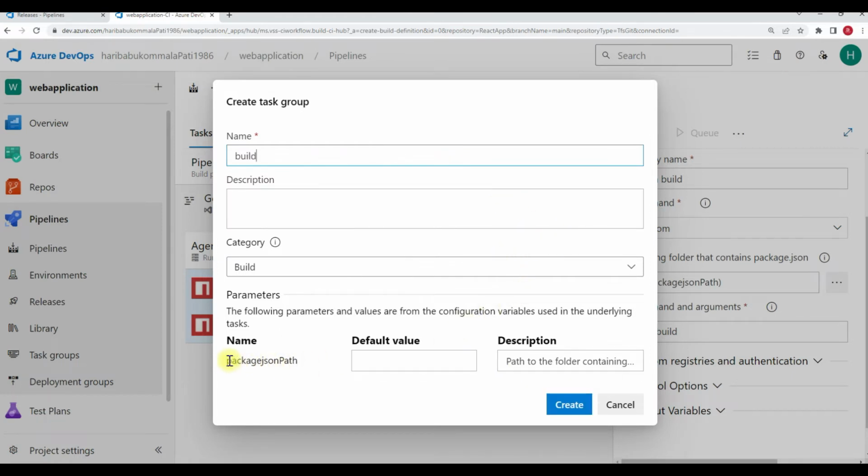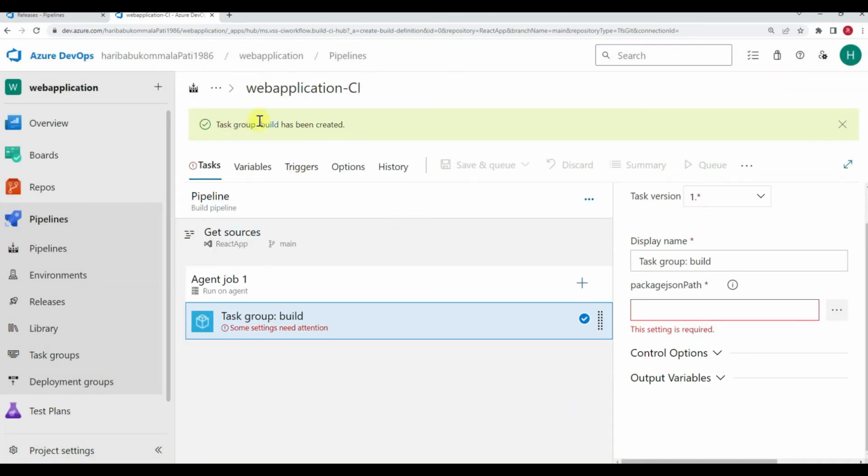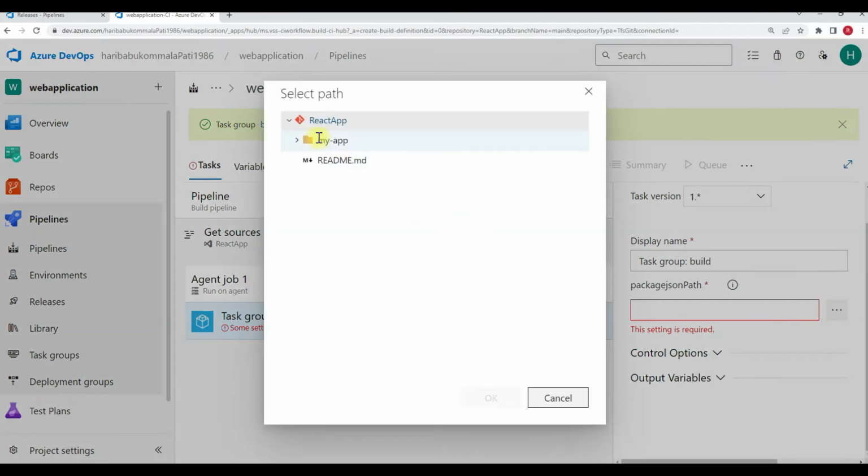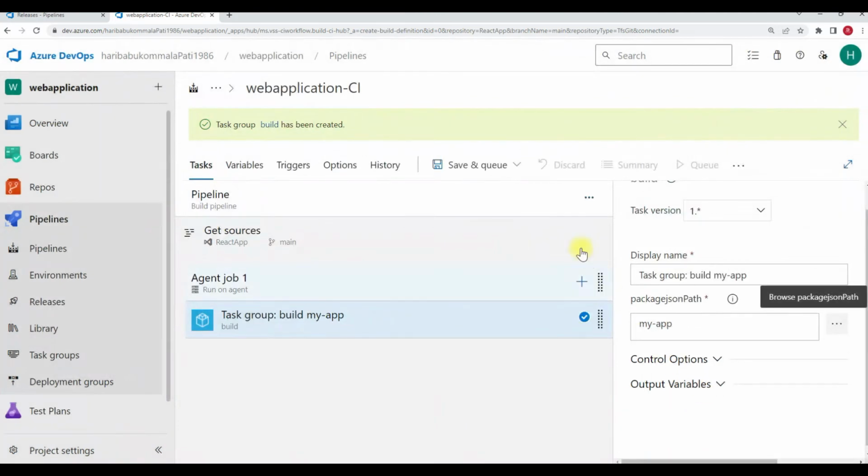And the parameter, only one parameter is required to pass for this task group, that is the package JSON path. When you create the task, both tasks are formed as a group, and you can see that task group, the name is build, and you need to pass the parameter here. So this is dynamic. So you can go and select that my app